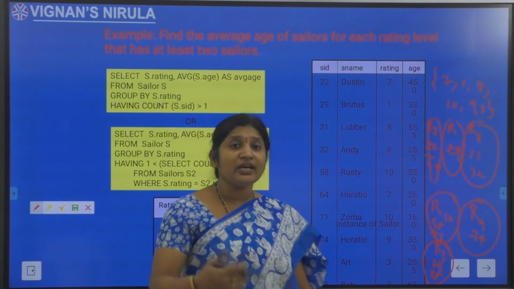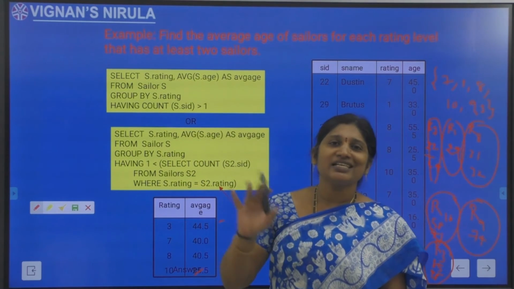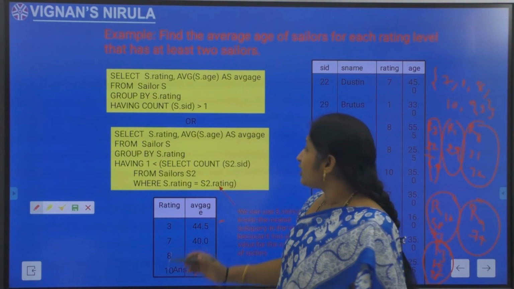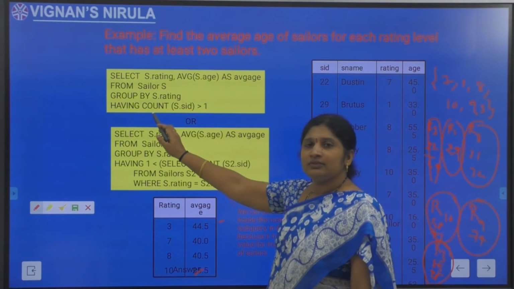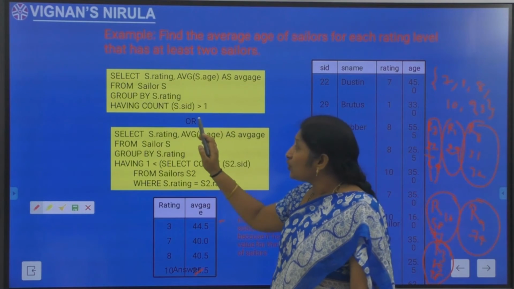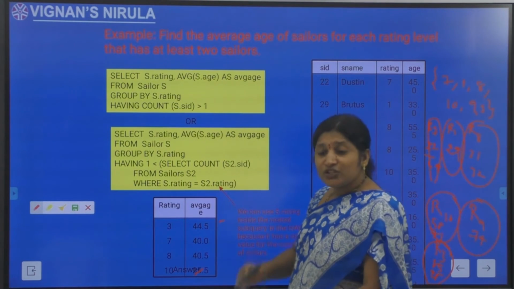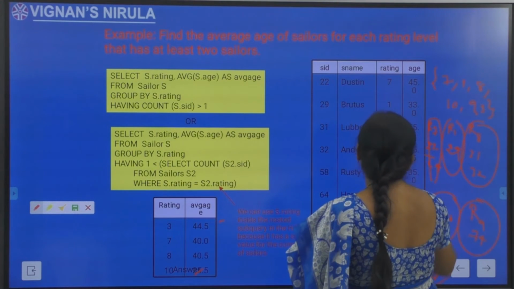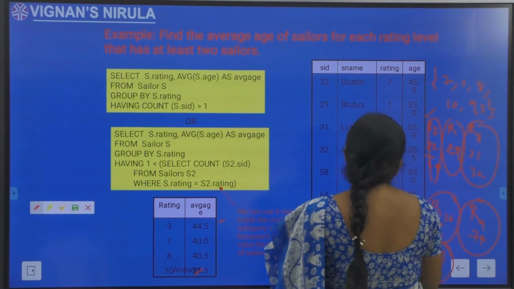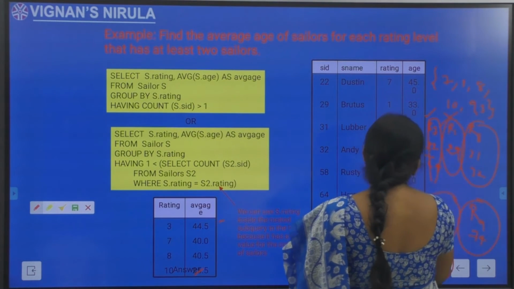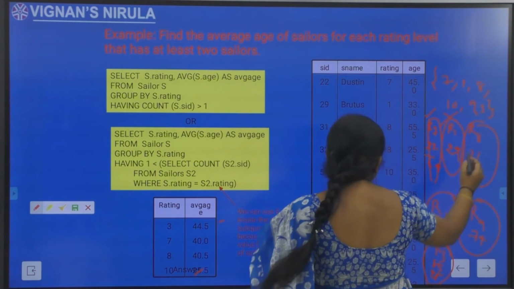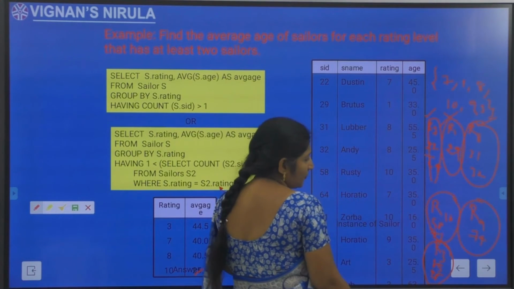Next, I should eliminate the groups which don't satisfy the condition mentioned in the having clause. What is the condition? The count of each and every group should be greater than 1. I should eliminate the group that doesn't satisfy the condition. What is the count of the first group? 2. It is satisfied. R1 has to be eliminated. R8 consists of 2 elements, so it should be kept.